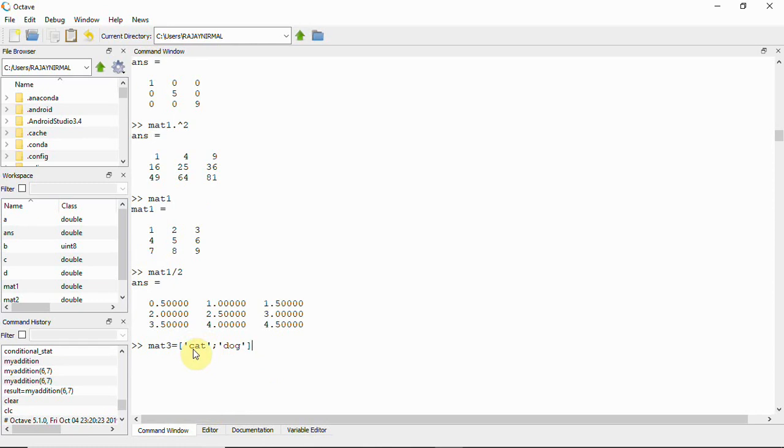What happens here? This is actually C, A, T and D, O, G. We have only 3 letters in each, so it becomes a perfect matrix. So when we enter it like this, it says cat and dog. If you write just 2 letters here, it won't match. We have 3 elements in the first row, and then 3 elements in the